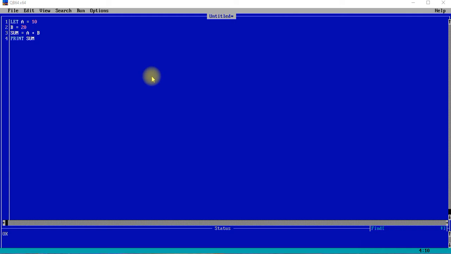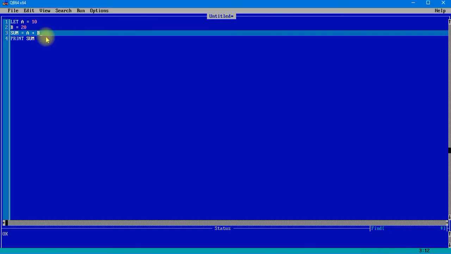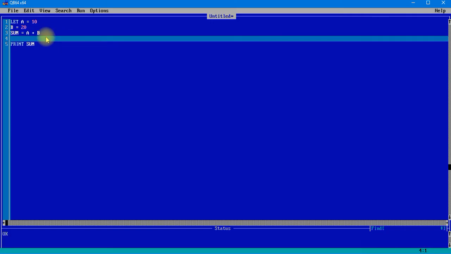Let us take some other values also. Over here I can take x dollar. Whenever we are taking something with a dollar sign, we have already studied that this is going to be a string or text.